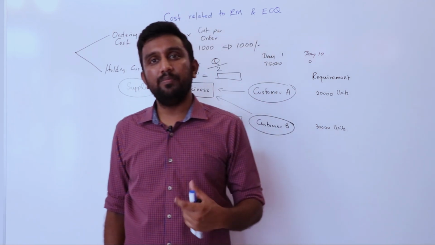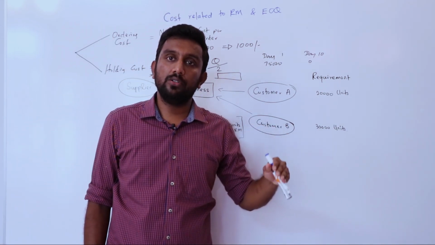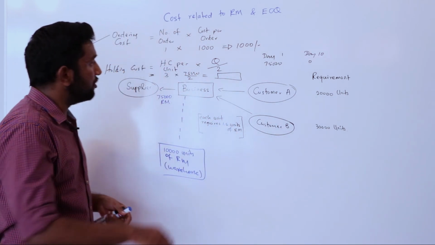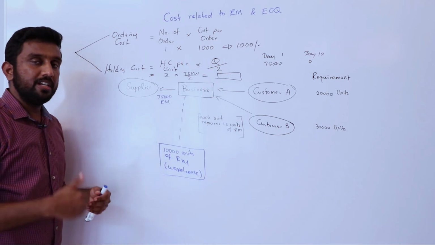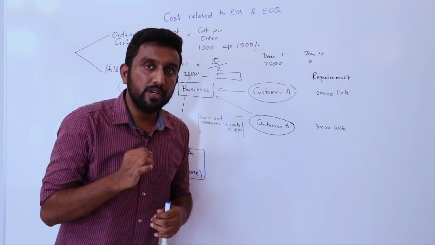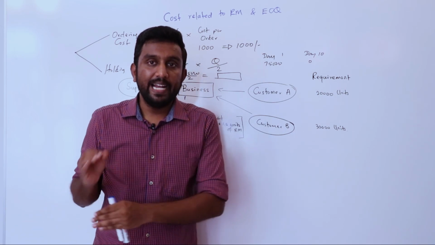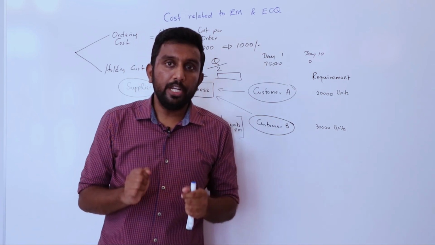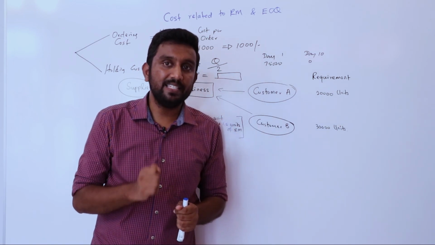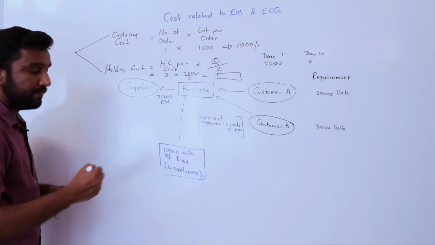So this is how the business works. Still, it is not about economic order quantity. It is about standard business practice. The quantity which they are ordering is what we call the reorder quantity. It is not economic order quantity, it is reorder quantity. Reorder quantity means the number of units in each slot. So let's have the second example, right?